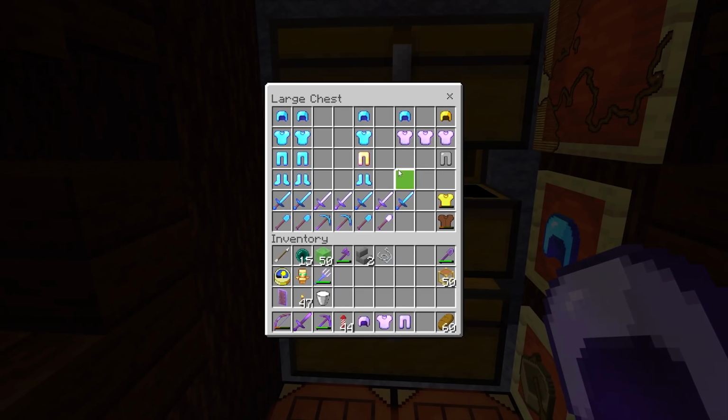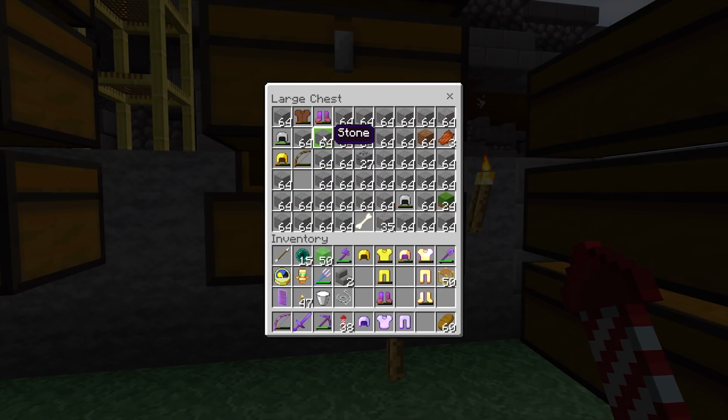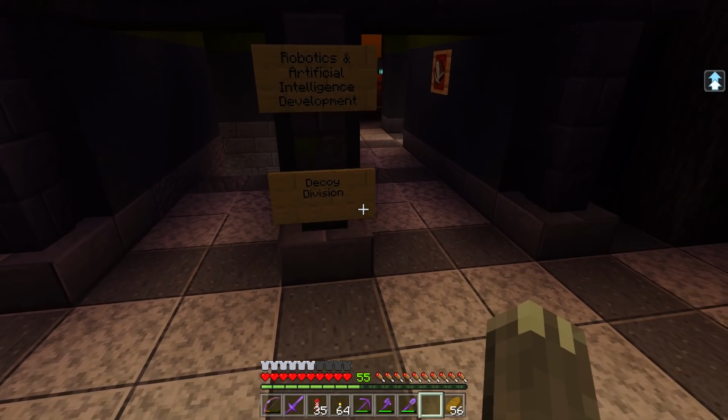I don't have expendable boots. Decoys don't get diamond. I mean, we do have some zombie and skeleton hand-me-downs that we could give the decoys. That might be good. So that should just about do it for the Wolfins Robotics and Artificial Intelligence Development Decoy